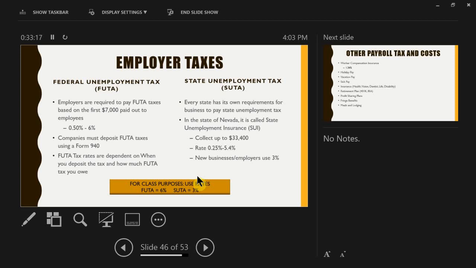Okay, so again, this is measured based on what the total earnings is for each employee. So for every employee, right, in this case, it could be anywhere from 0.5% to 6%. Okay, and this is all based on how many employees they have and how often they need to pay